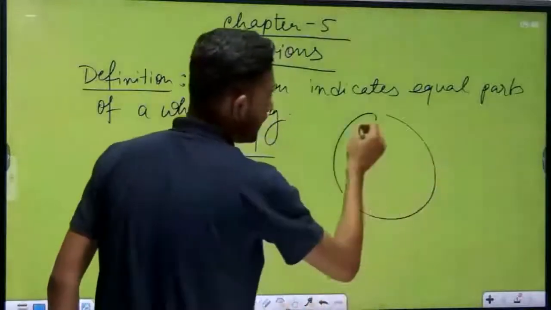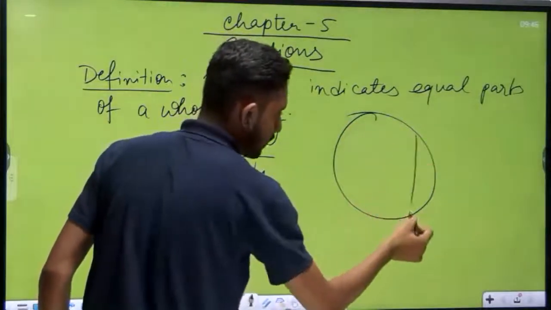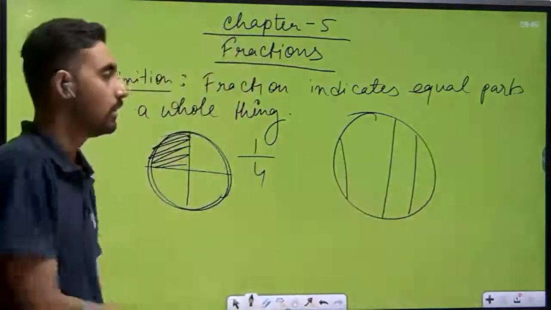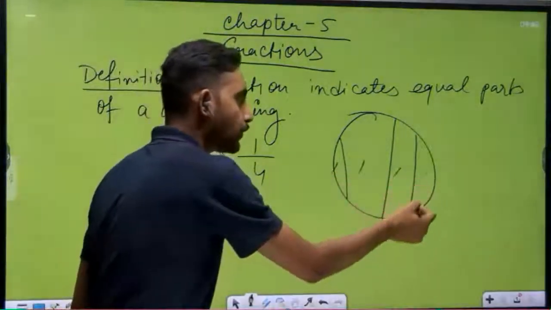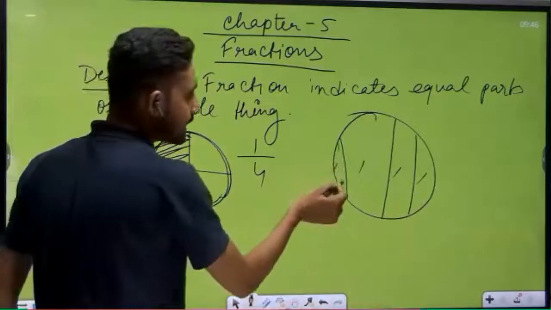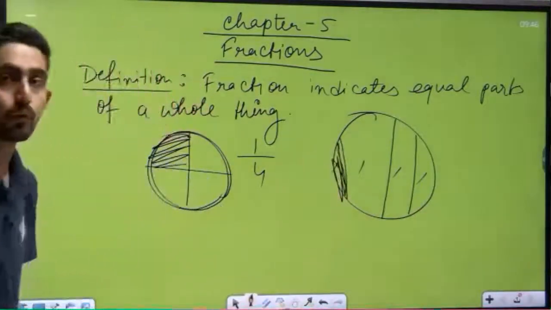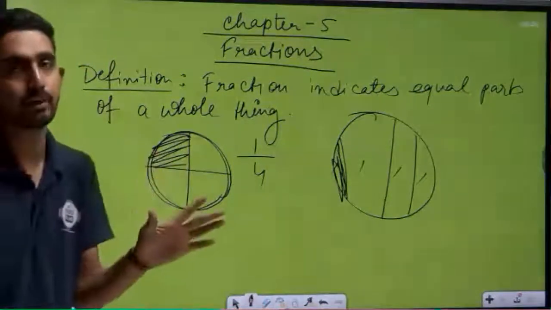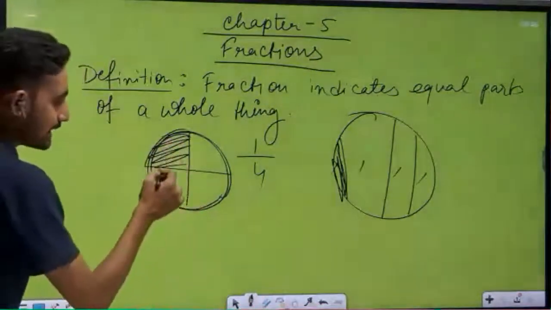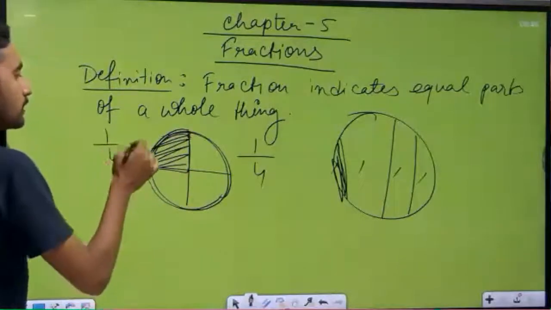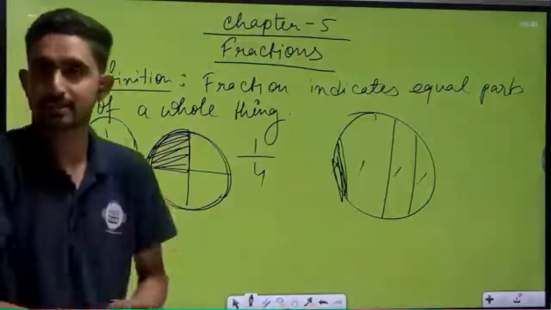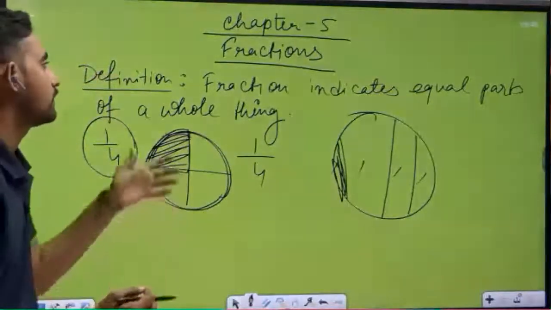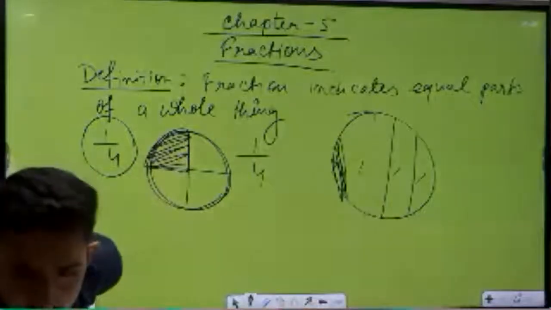Like suppose if I cut like this, 1, 2, 3, 4. How many parts are there? 1, 2, 3, 4. So we can't say this part is equal to 1/4. वो part क्या होना चाहिए? Equal होना चाहिए. Each and every part should be equal. So this part we can say is the 1/4 of the full pizza. Yes, we can explain like this. Understood? This is the meaning of fraction.